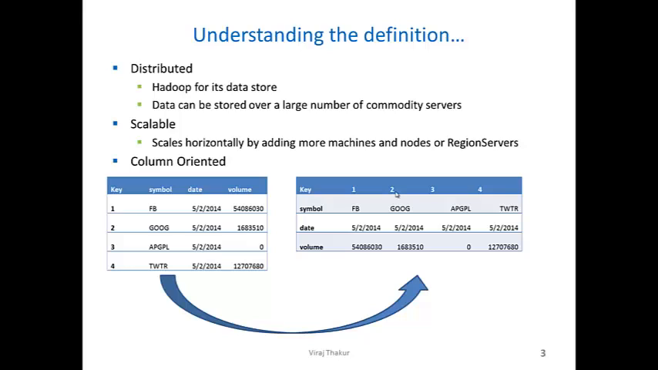HBase uses Hadoop for its data store, and hence it's very distributed, and data can be stored over a large number of commodity servers. It scales horizontally by adding more machines and nodes, or region servers, and it is a columnar store. Looking at an example of 4 publicly traded stocks by daily data, a DBMS system would assign a